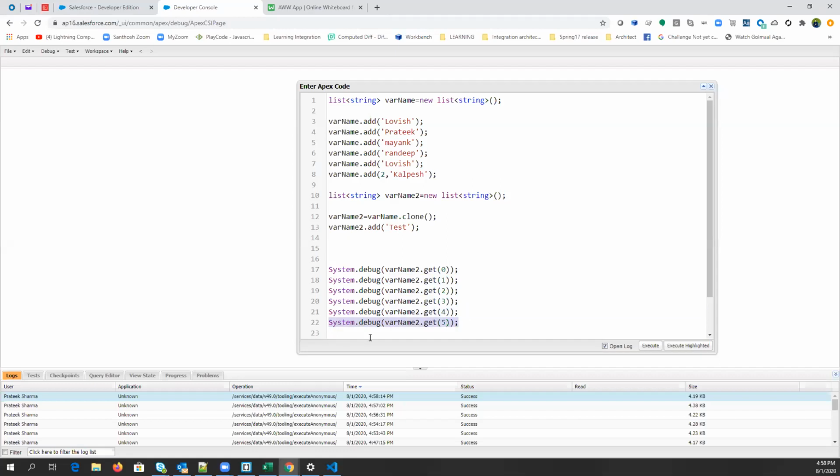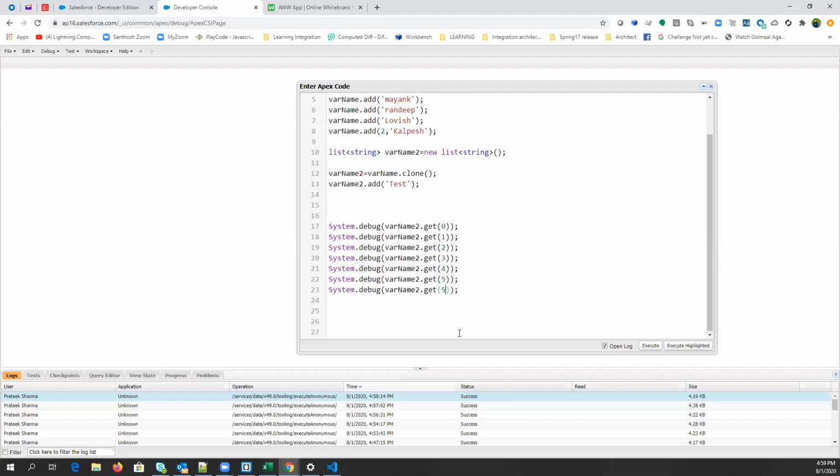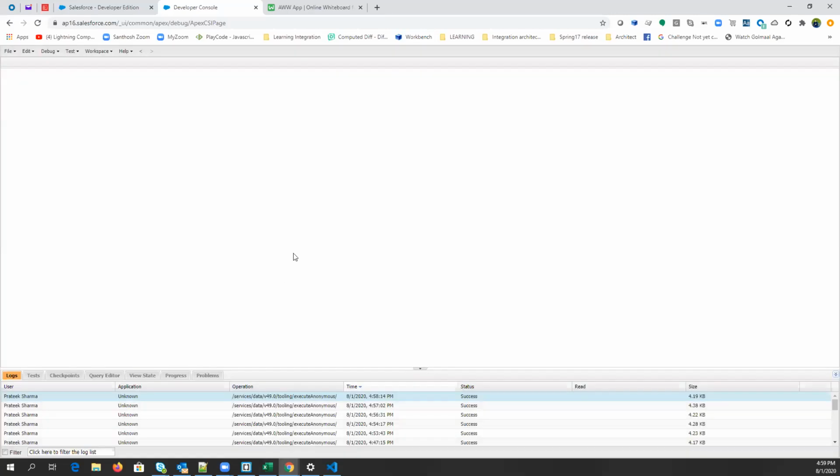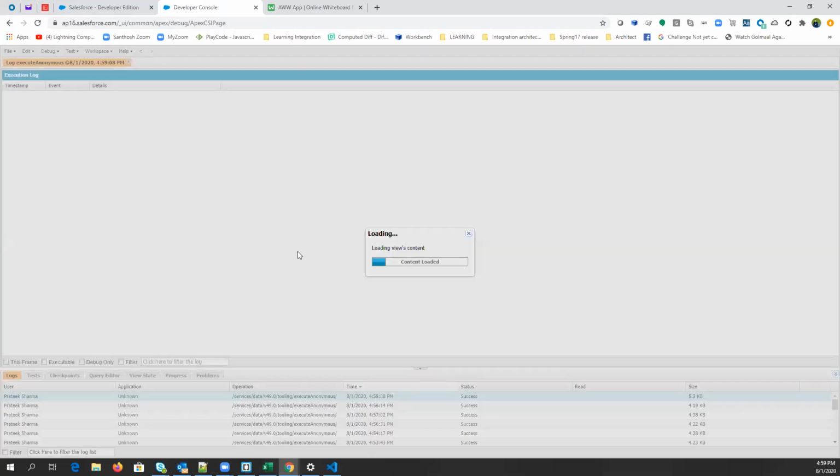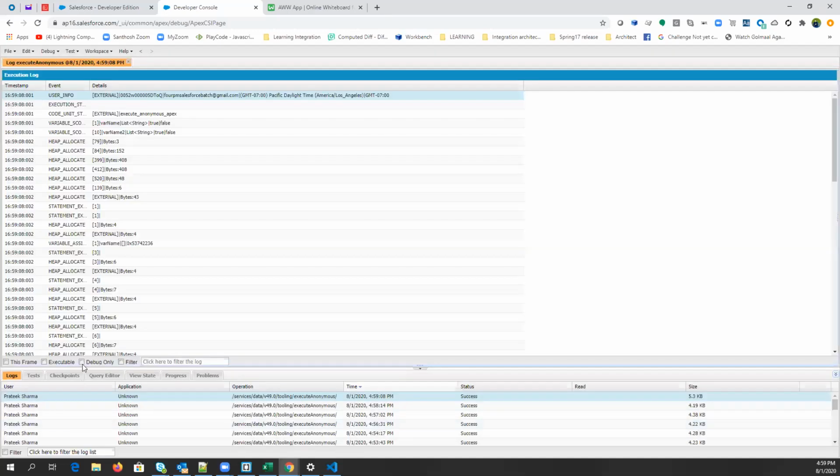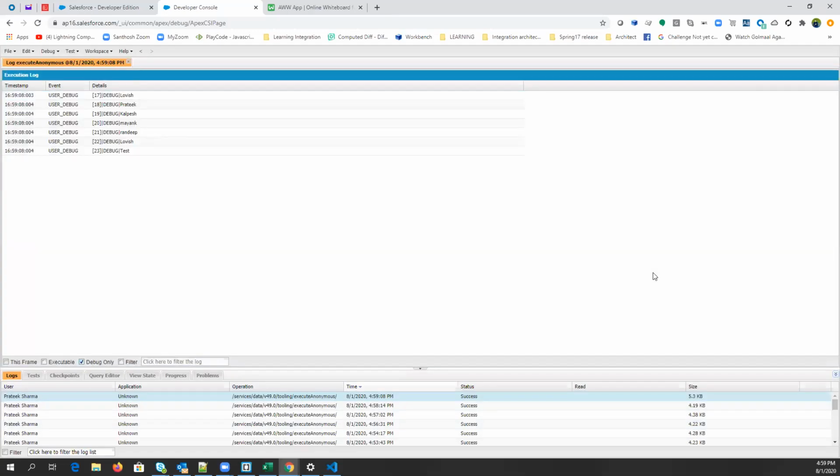On index number 6, because we are printing var name 2, we'll get the value. That will be test. Let's print it. See?